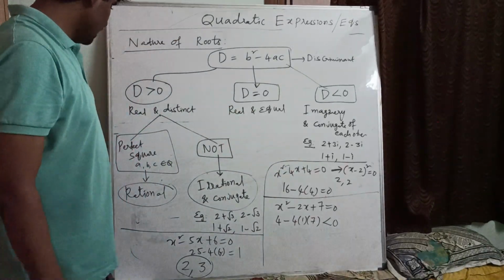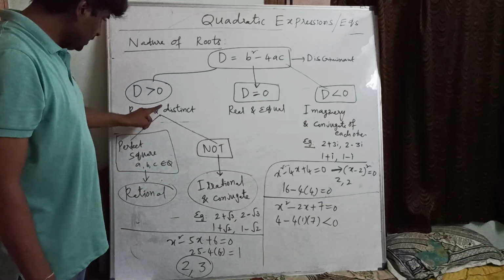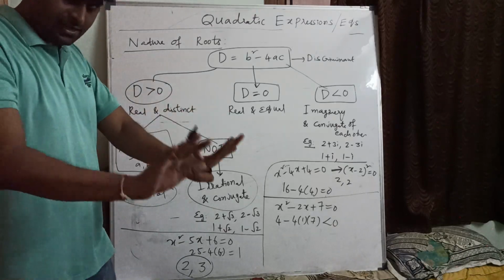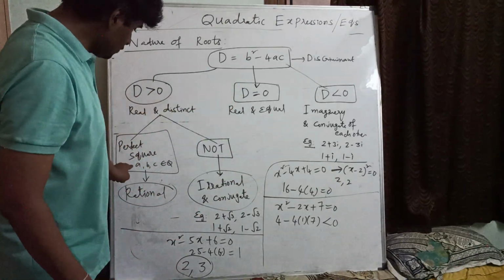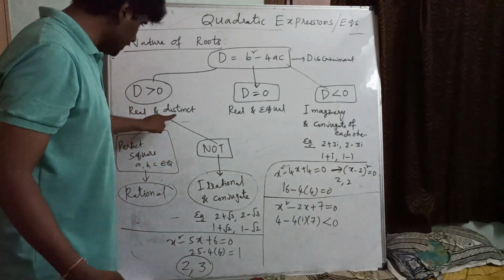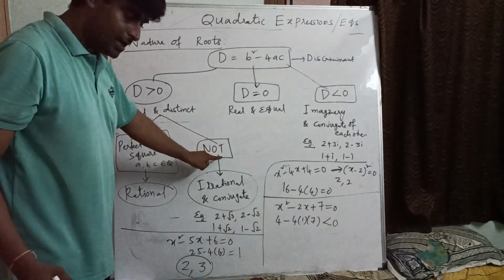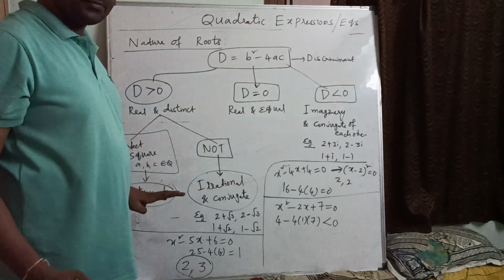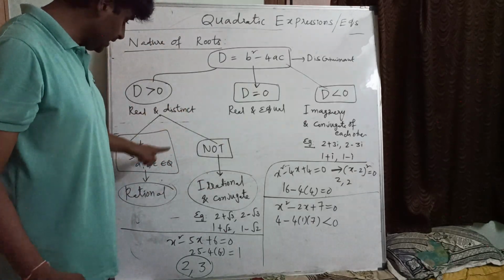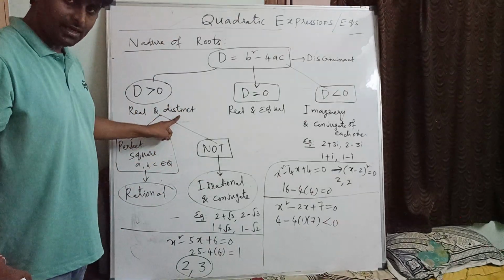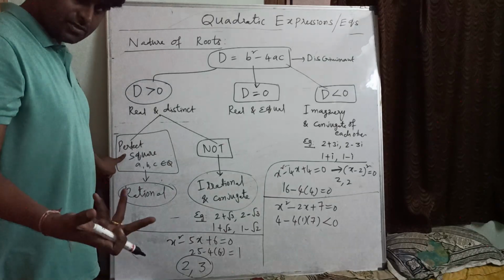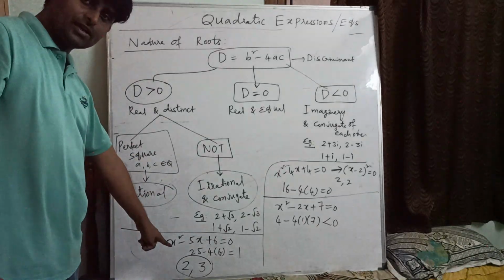See, equal roots here. Whenever the discriminant is greater than 0, the roots are real and distinct generally. But in that also, if you get a perfect square, roots are real, rational and different. Whenever it is not a perfect square, roots are real, irrational and different. Here, real, rational and different. In this example, b square minus 4ac is 1. Is 1 a perfect square or not? Yes, 1 square is 1. So roots are rational, we can call here.